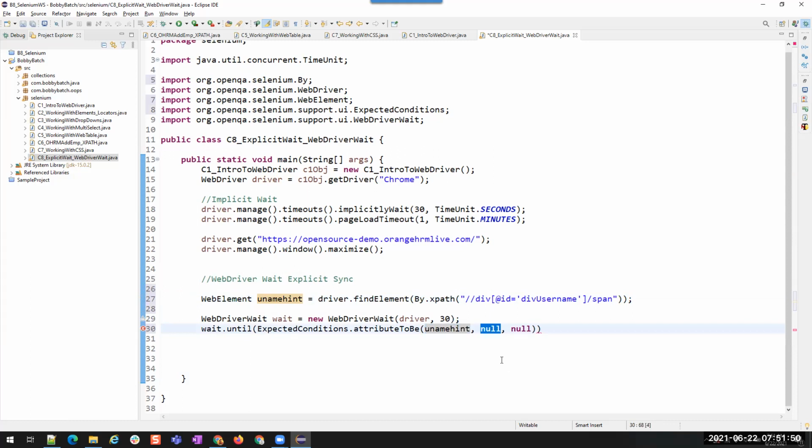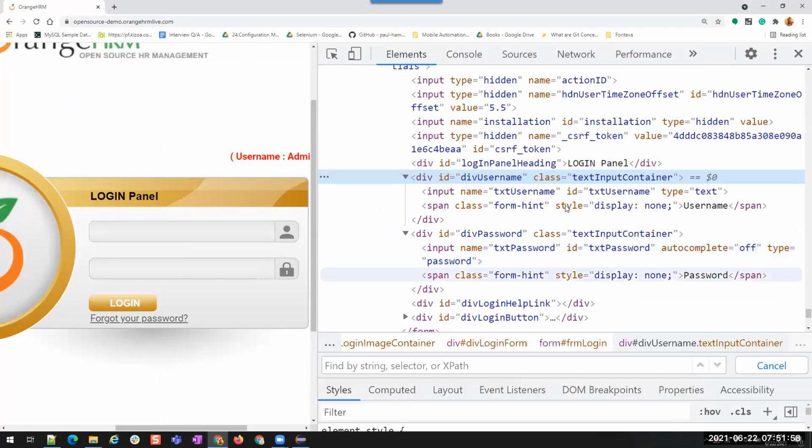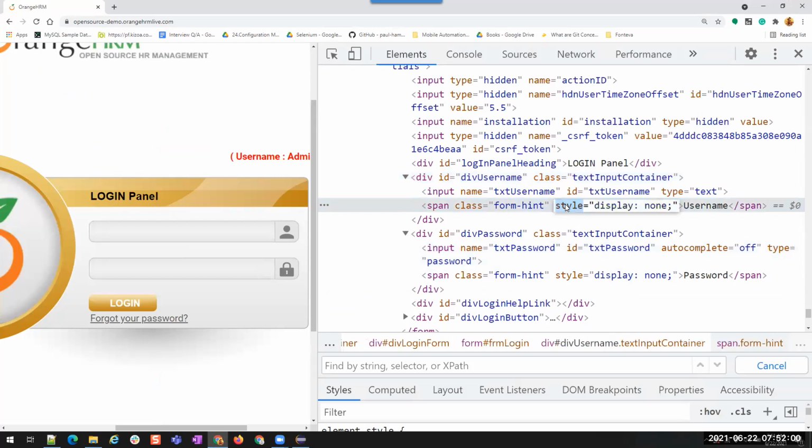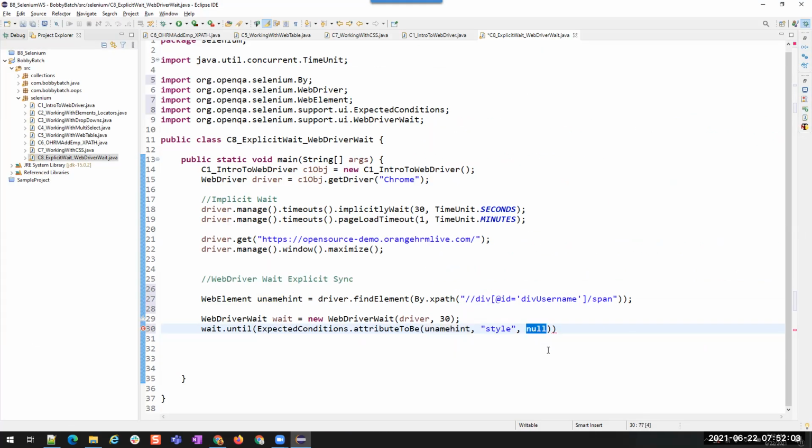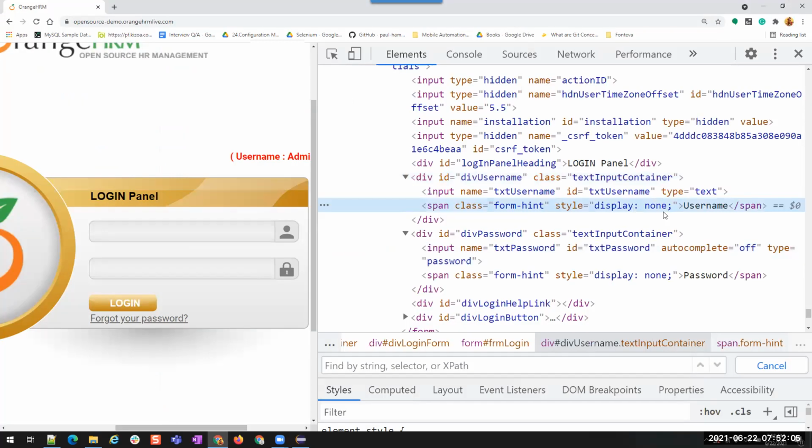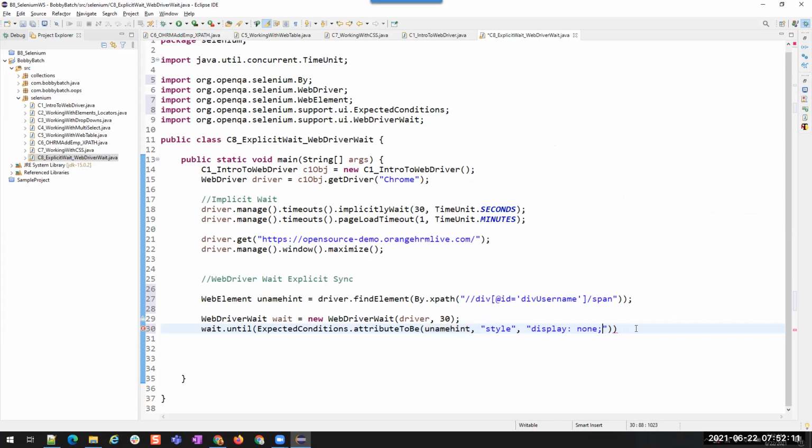And what is the second parameter? You see, second one is attribute name. So I have to give the attribute name. What is the attribute name that we are looking for? Style, right? Style. And then what is the value that this attribute should come? It should have this value. Understood what I am doing here? Just to show you an example, I'm using this. Understood this example, or you didn't understand why did I use this style and why am I using this?